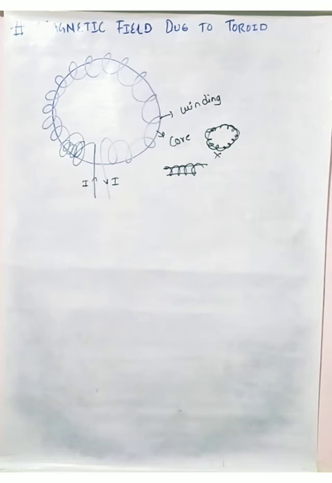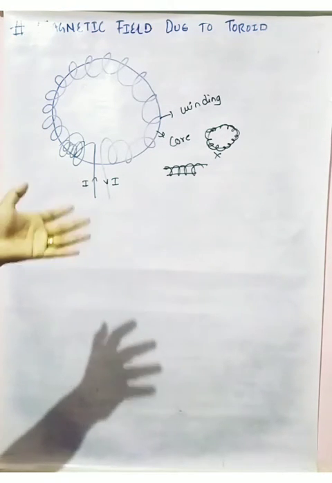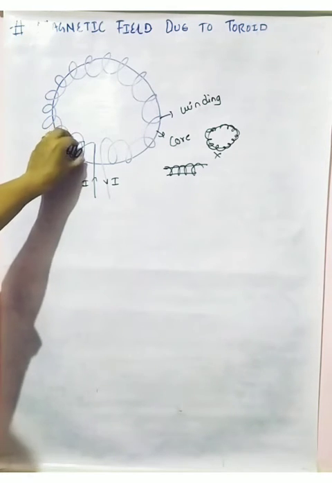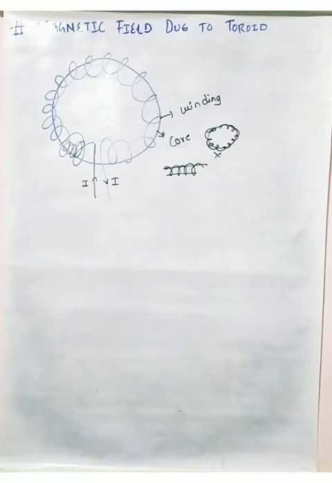The toroidal magnetic field is the strongest magnetic field because there is less loss of the magnetic field. But in the solenoid, there is a chance of loss of the magnetic field because air is present, and in air some magnetic field will be lost. So for a better and maximum magnetic field, we can use a toroid. So what is the toroidal magnetic field? The space or air will be less, there will be no interaction with the outside, and the magnetic field will be compact within its winding. So it will be stronger.